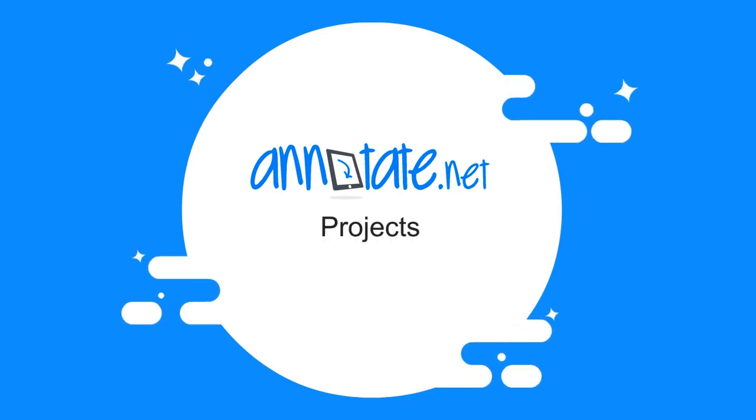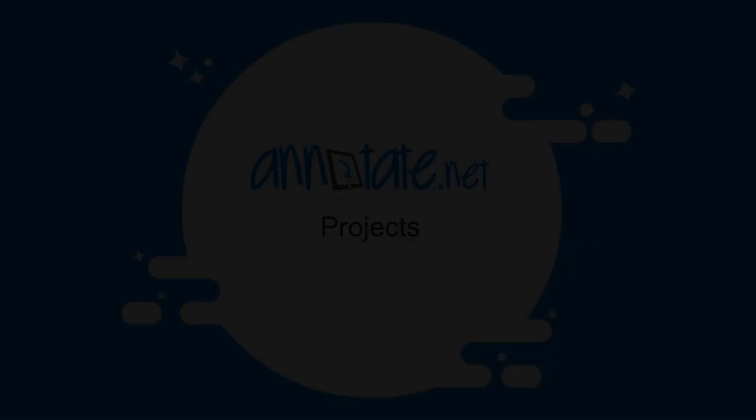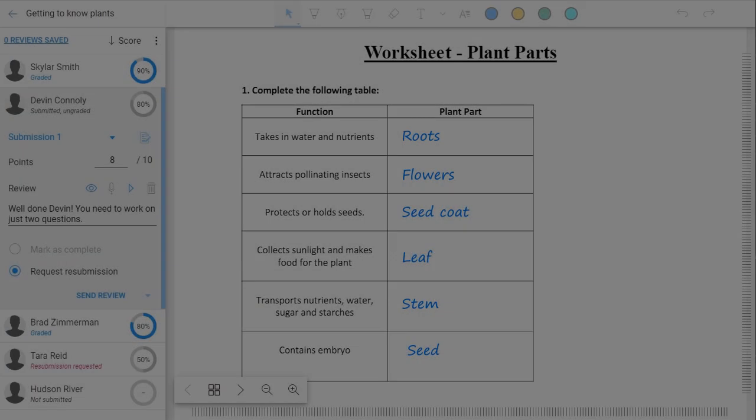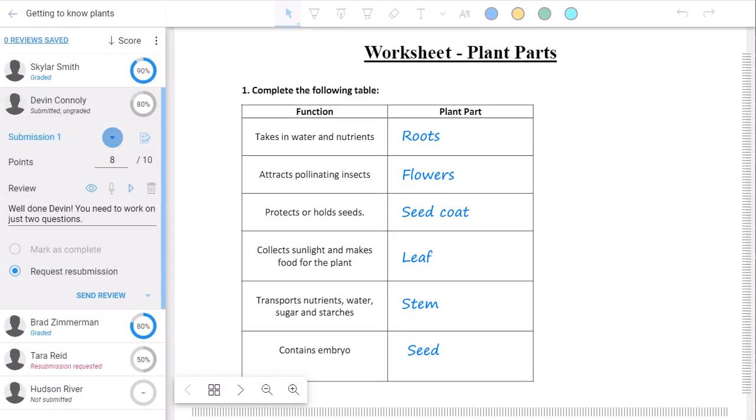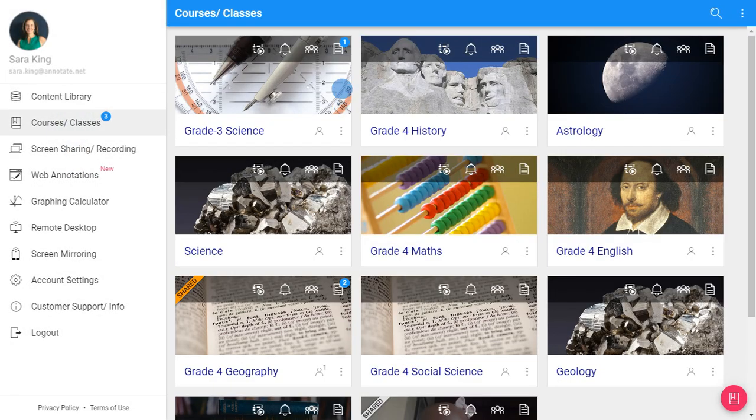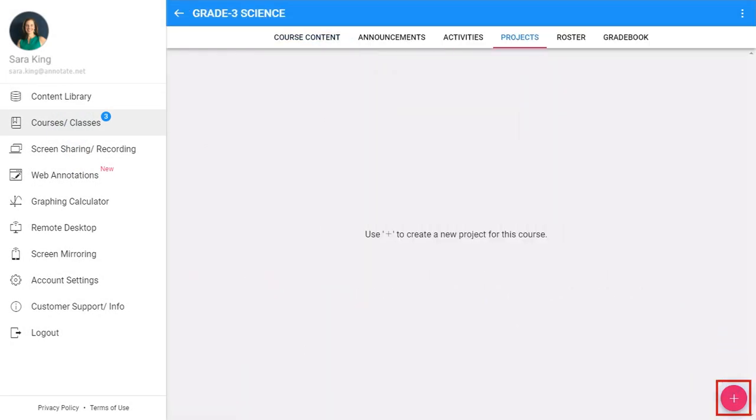Projects offers an exciting way for students to work on an open-ended assignment and turn in their work using notebooks. Teachers are able to review student progress over multiple rounds of feedback. Let's take a look. Navigate to the Projects tab in a course and click on the New Project icon to